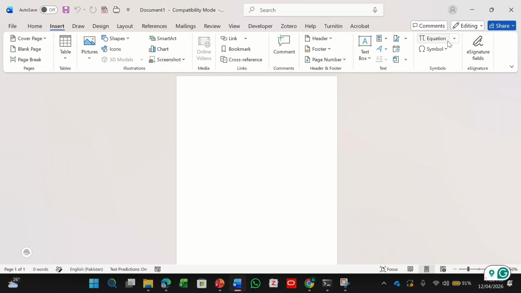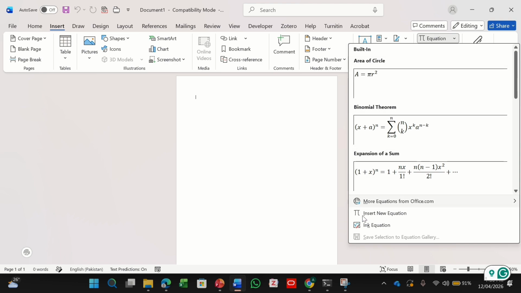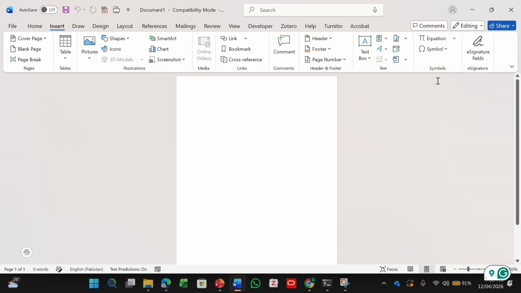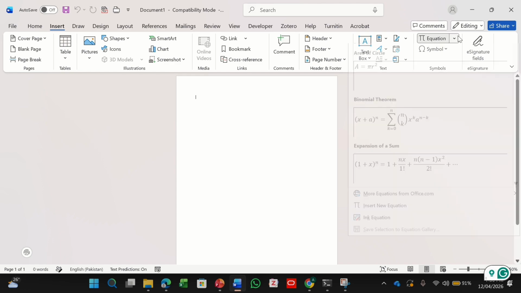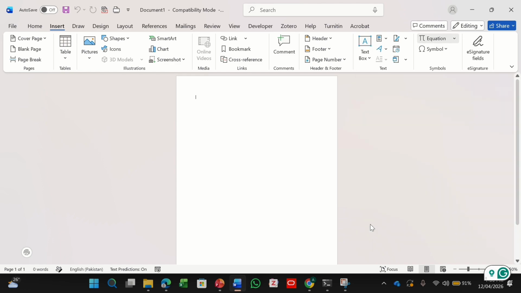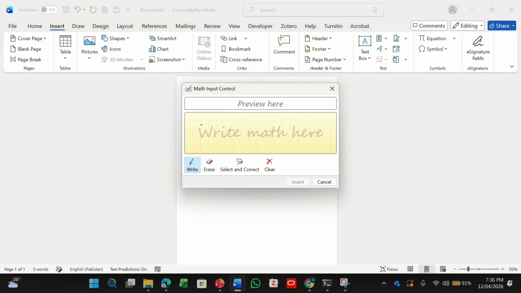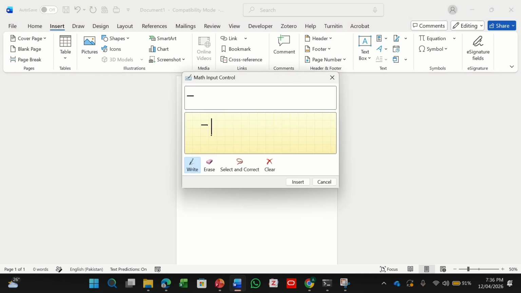So let's go to the Word file, and as you can see there is an equation option in which, when you write an equation, you use insert new equation, you insert different symbols, you have to find a particular symbol, or if you want to write an equation which is not readily available, you have to write it manually.